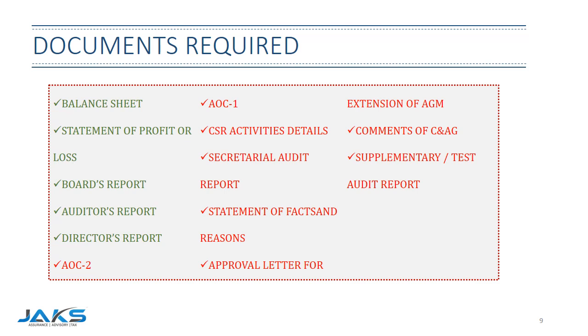For filing AOC 4, we require certain documents mandatorily and certain documents on the basis of their applicability. The mandatory documents include the balance sheet, statement of profit or loss, director's report, auditor's report, board report, etc. The documents on the basis of their applicability are AOC 2 if there is a related party transaction, AOC 1 in